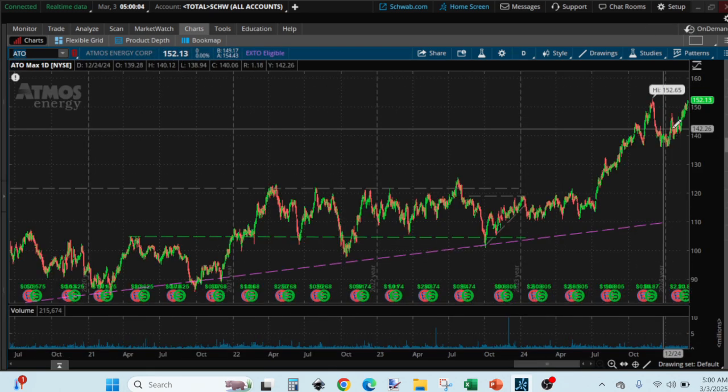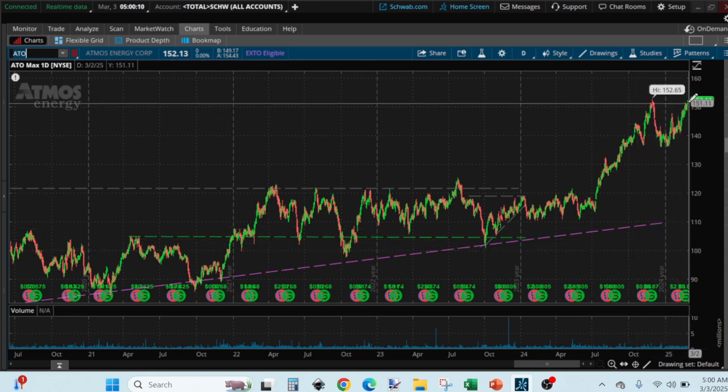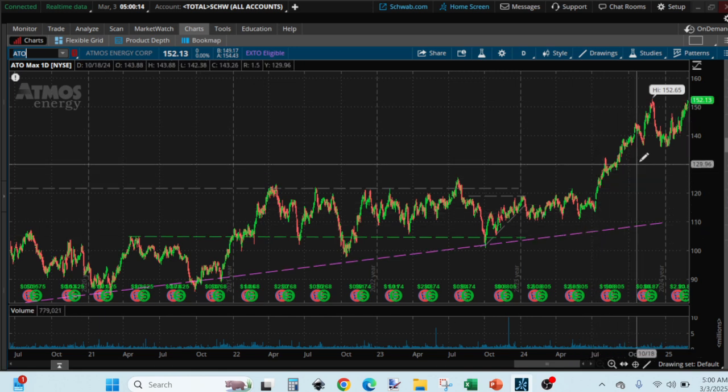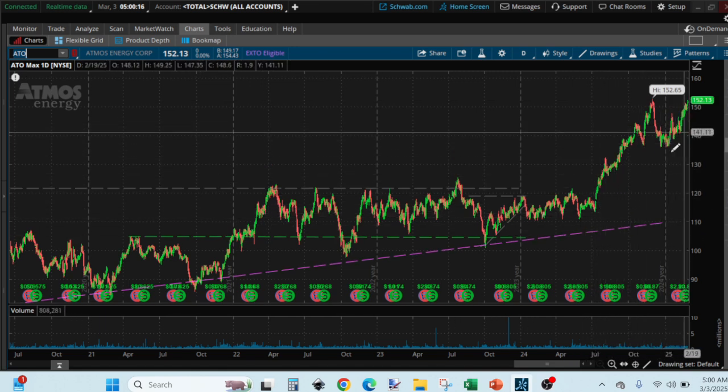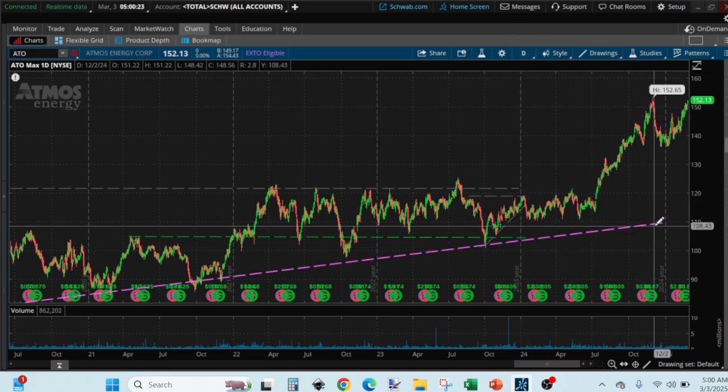So ATO is going up. We like to buy at this trend line, but right now it is going up. Friday the price went up as well. It could be following this trend line here, but we like to buy when it's down, at the maximum daily chart. Okay, so we like to buy at this trend line, and let's explain a little bit what our long up